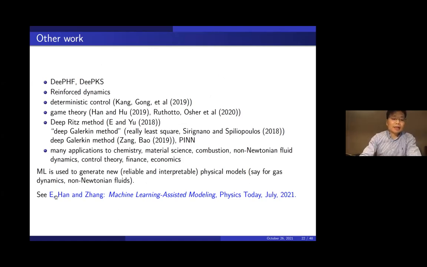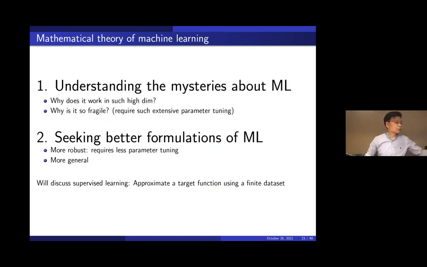My former students and I wrote a review article in Physics Today that discusses using machine learning to develop new physical models that are both reliable and interpretable. People often get the idea that machine learning is a black box, so therefore it's very difficult to develop interpretable models. That's not the case. One can develop reliable and interpretable new physical models using machine learning, and this article gives a summary of that. Anyway, so that's the first point I want to make.